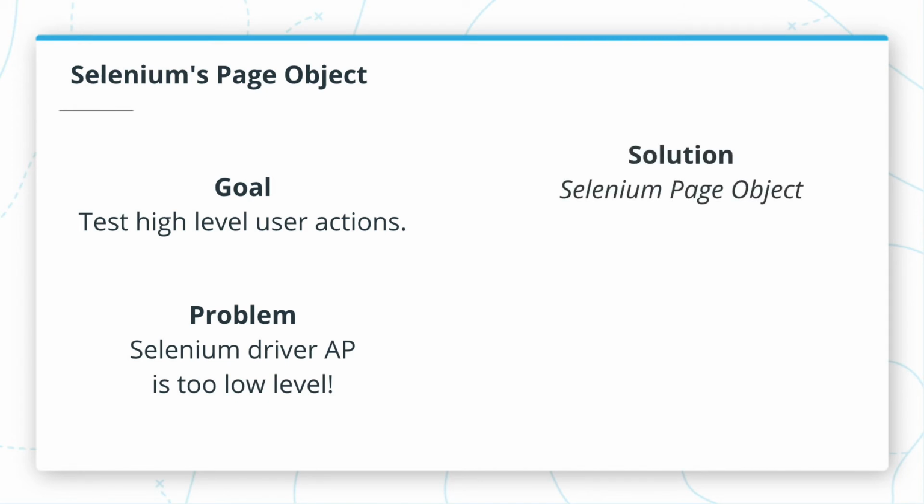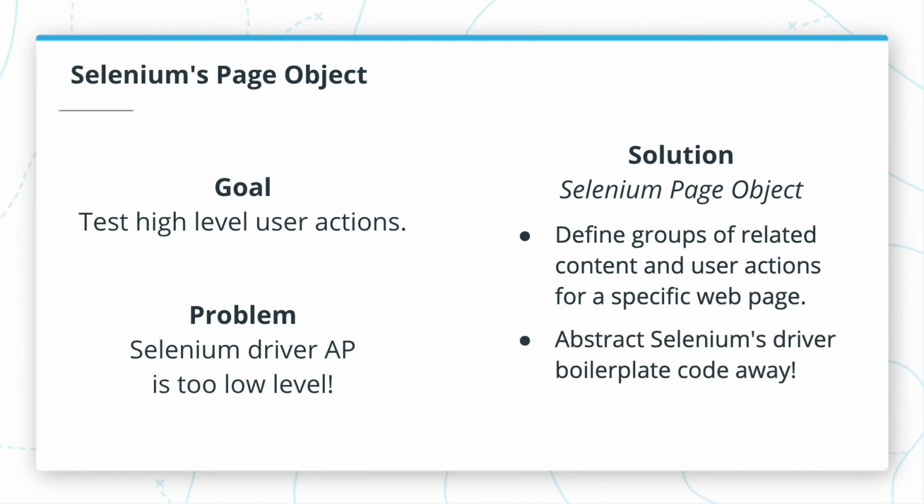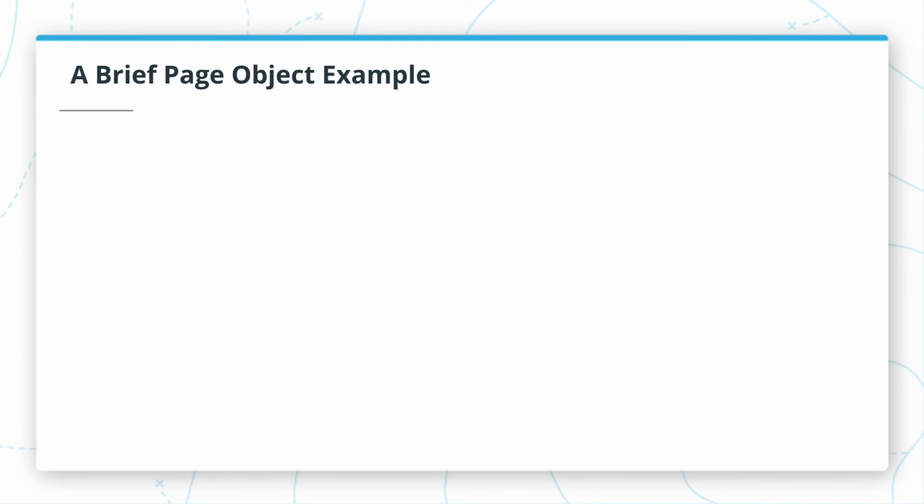Selenium's page object is a built-in tool for accomplishing this. Much like a Spring component, we can define a class with web element fields that can be injected by the WebDriver. We can configure how the WebDriver searches for the elements with annotations, and then we can add utility methods that perform common actions on those elements. For example, we might implement a Google page object with a search input element and a list of result elements, as well as a method called search, which performs the search action.